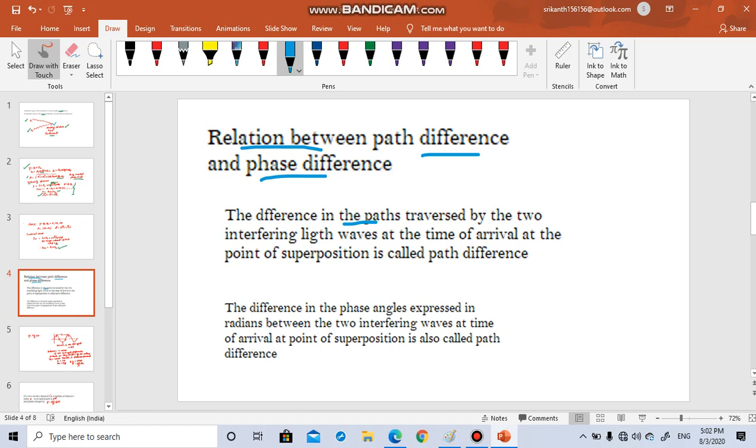Take the distances and consider the difference, or you measure in terms of phase difference. Both essentially can be correlated into path difference. Okay. So the phase difference and path difference are not the same. Path difference means basically dimension. We measure in dimension. Phase difference means we measure in angles, radians. But once you measure the phase difference, it can be converted into path difference. How? Let us see.